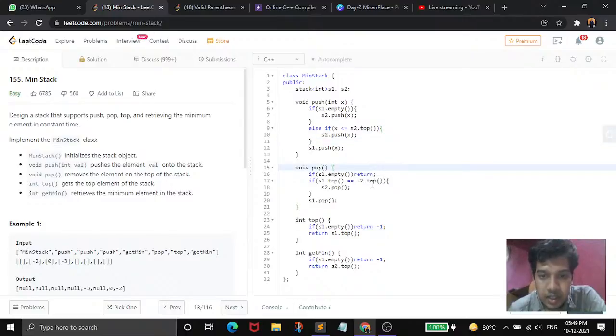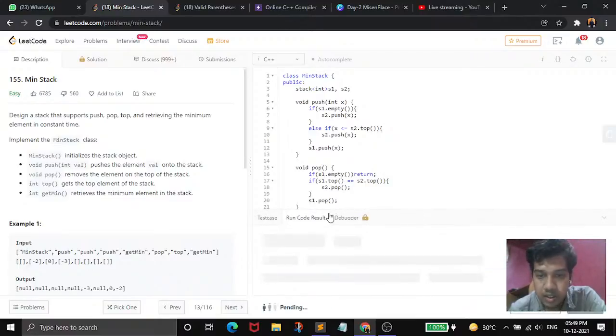For pop, as I said, if both of these are equal, that is the top value and the top value of auxiliary, then we are going to pop it out. Then for top, as I said, we are going to return the top, and for get min we just have to return the minimum of the top, which is the value which we are going to pop out. We are going to return it here. So s2 dot top. So if I run this code,